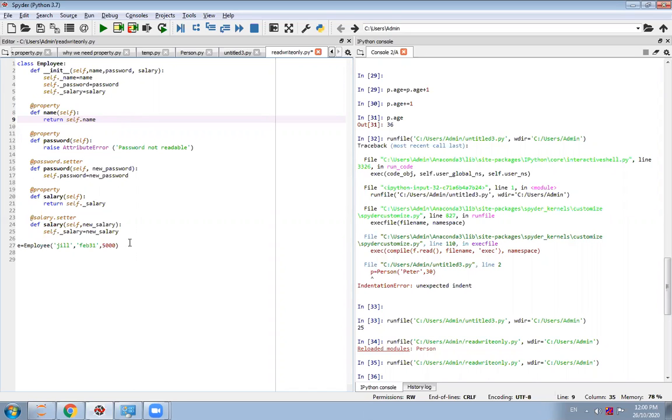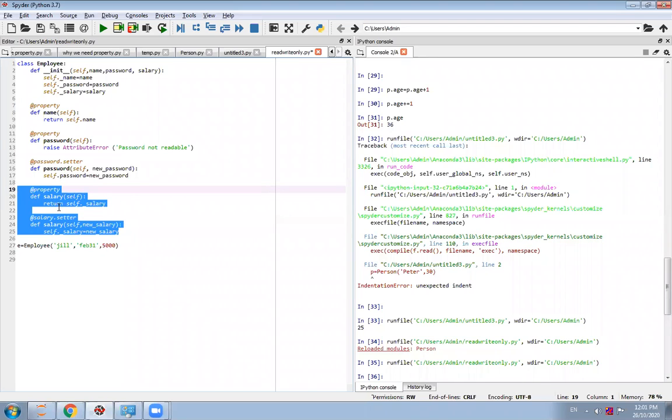And the next property is read write. Why read write? Because here you are able to read the salary. The salary is returned here. Here we are returning the salary to the client. That's why it is a read. Here, in the other case, we generate an error, so that one is not a read. But this is a read because it returns a salary. And here you are able to set the salary. That's why it is a write. So this is read write.